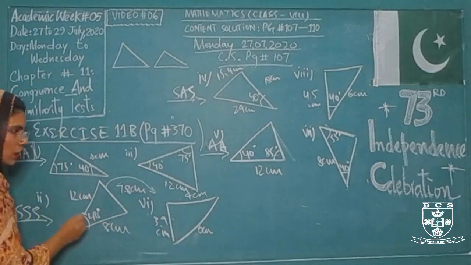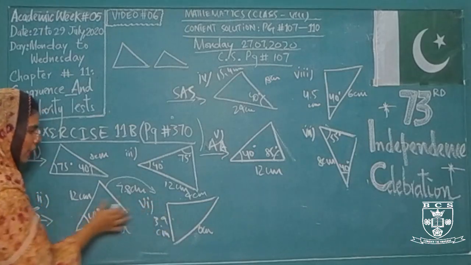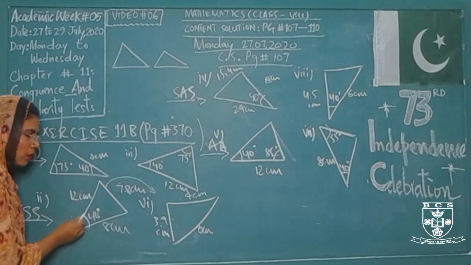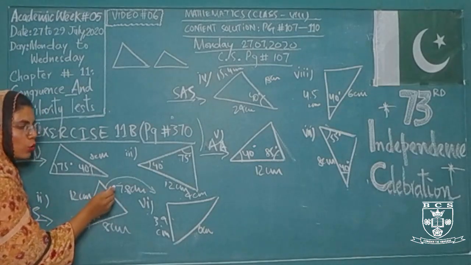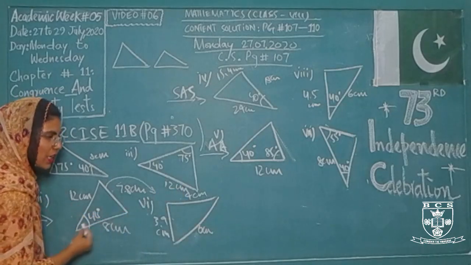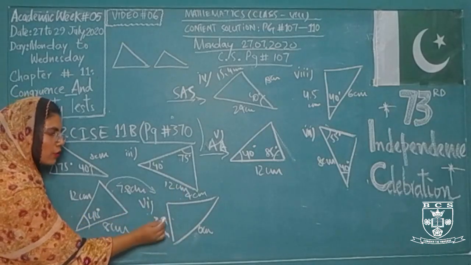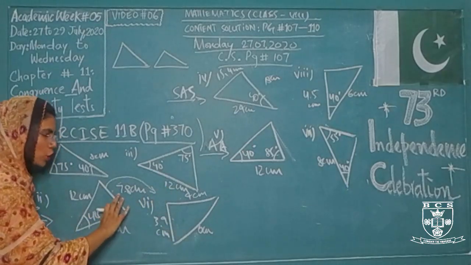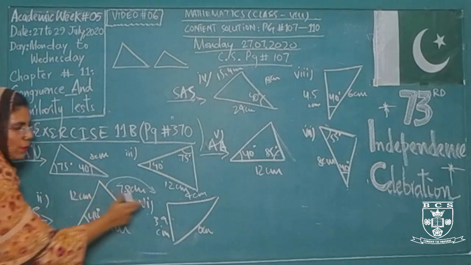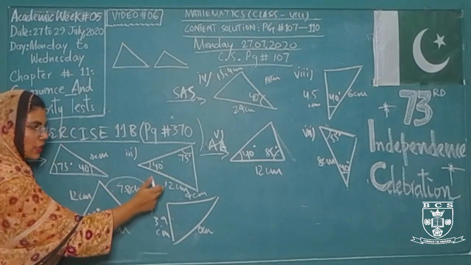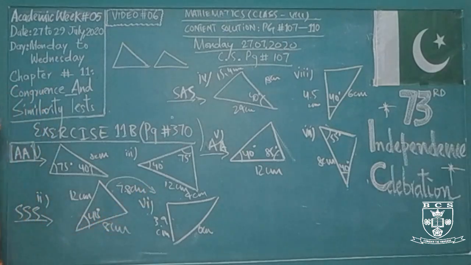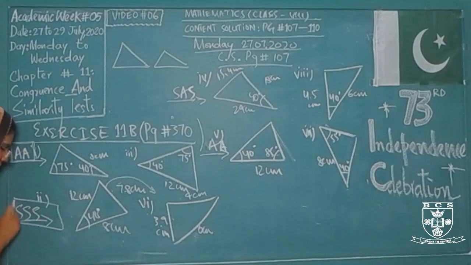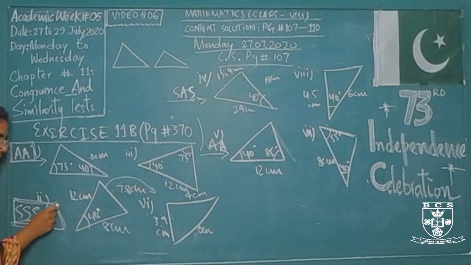The three different sides shown here are proportional to each other. When we compare the three sides of this triangle to the three sides of this triangle, they look different as drawn, but when you rotate this triangle according to the position of the second triangle, they will be similar, and the ratios of their corresponding sides will be equal or proportional. In this way they are similar according to the SSS similarity test, meaning the three sides are equal in their proportions.